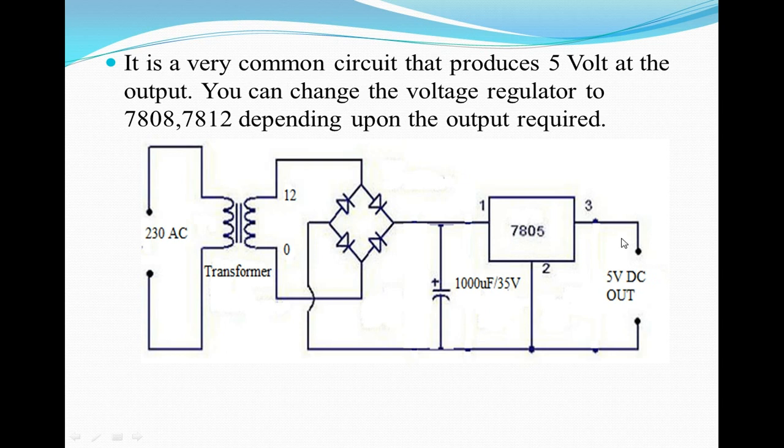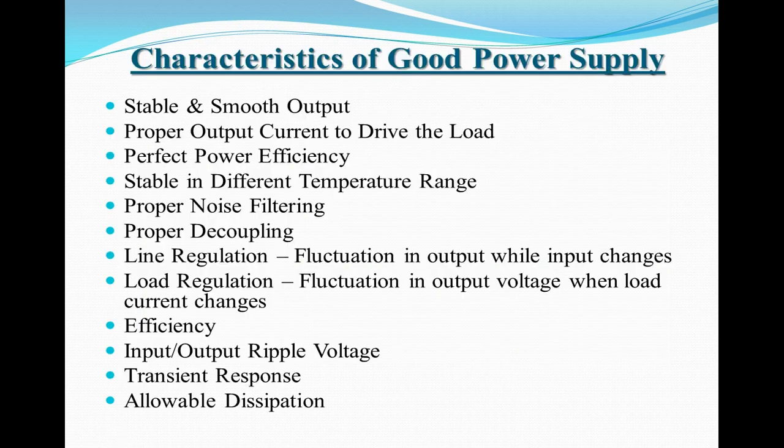So with the help of this, you can see this diagram. This is the rectifier diagram, and it is very common that you can see the output voltage is continuously given, as we need a 5 volt DC supply. There is one IC, which is going to work as a voltage regulator, which provides the constant output supply.